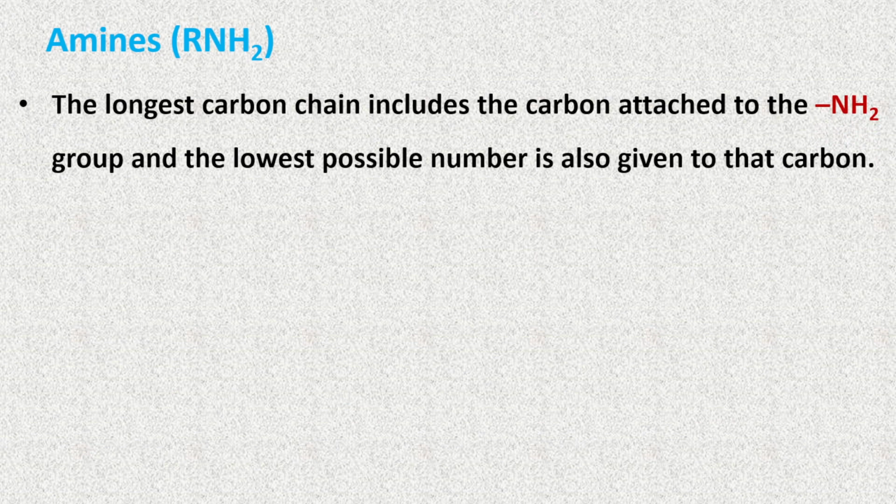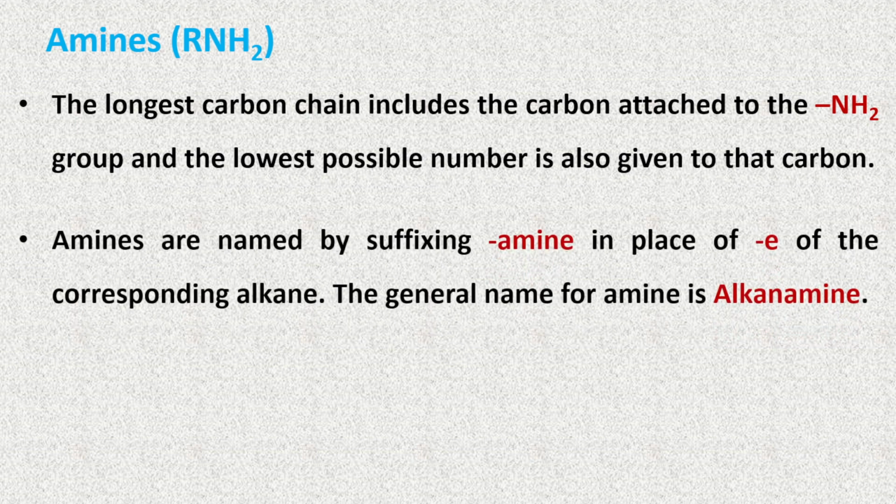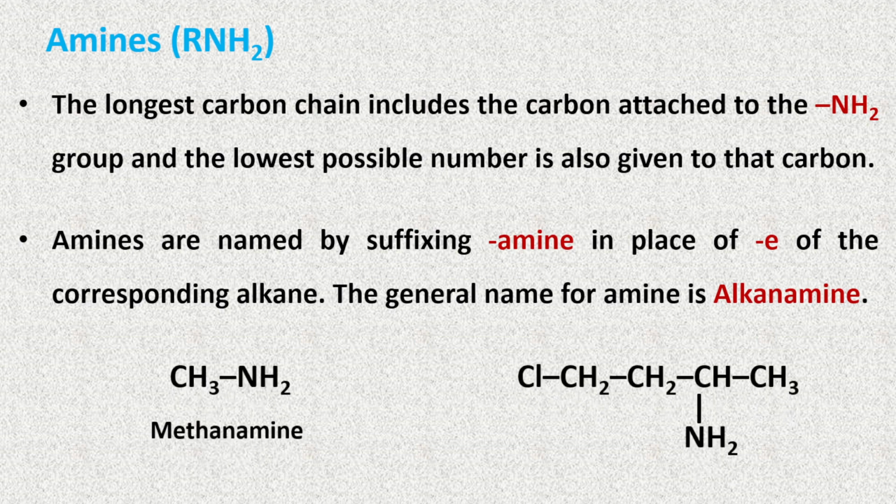Amines. The longest carbon chain must include the carbon attached to the NH2 group or amine group, and the lowest possible number is also given to that carbon. Amines are named by suffixing amine in place of the e of the corresponding alkane. The general name for amines is alkanamine. For example, methanamine. In the second amine, the amine group is on a chain with a chlorine substituent. Its name is 4-chlorobutane